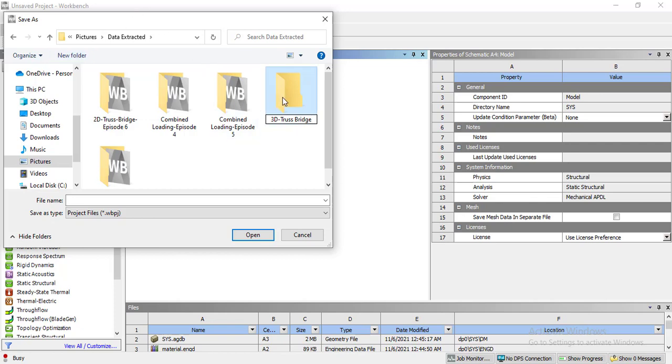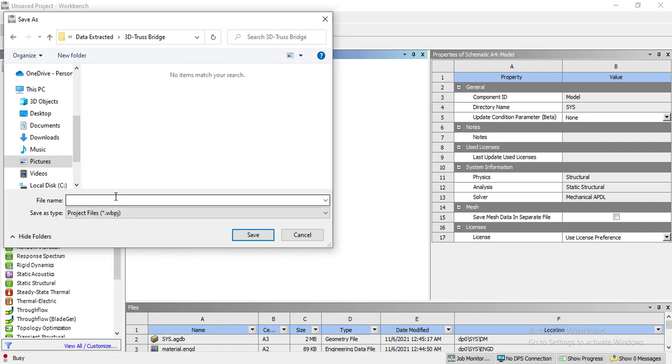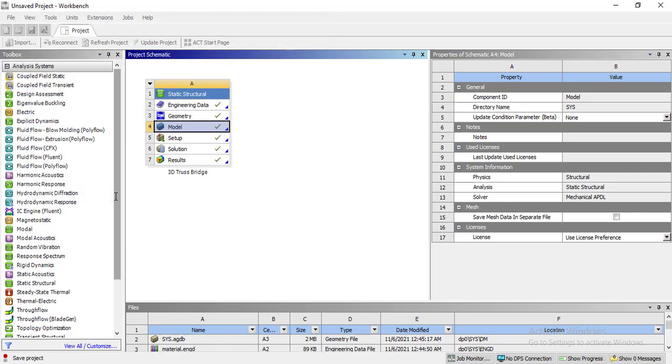Press enter and select this 3D bridge folder and enter the project name to be 3D Truss Bridge episode 7 and press save. Now our project has been saved.